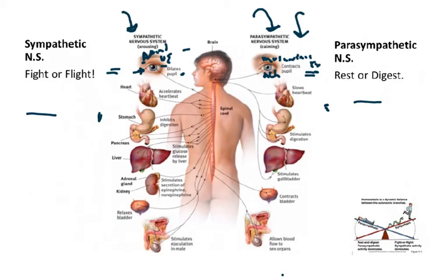For example, the muscarinic receptors were named because they respond to a drug called muscarine. If you ingest muscarine, it'll cause you to have all of these parasympathetic responses because the drug acts on the same receptors that the parasympathetic nervous system does. So you can imagine the drug muscarine makes you